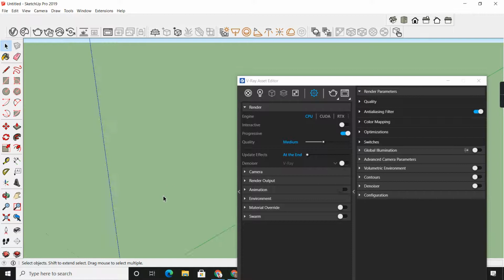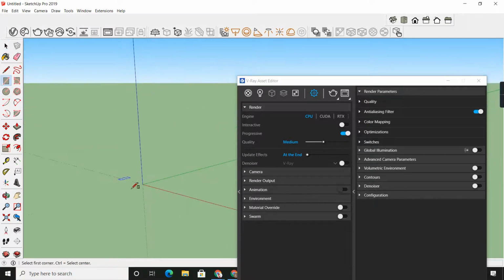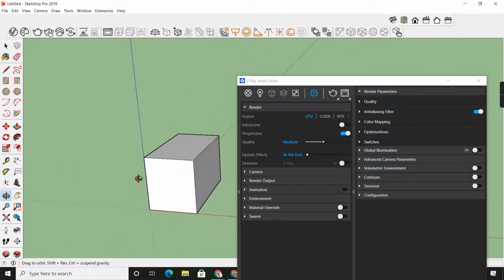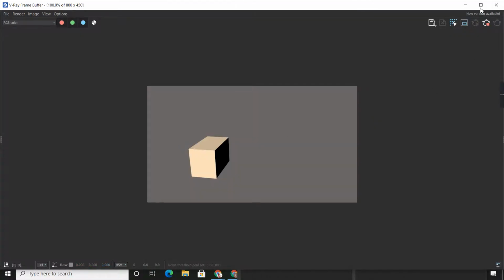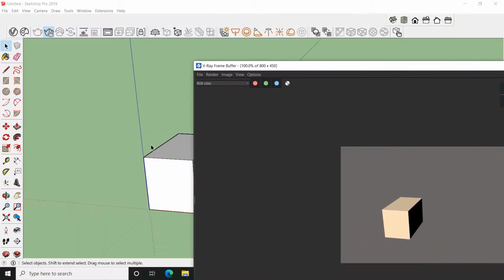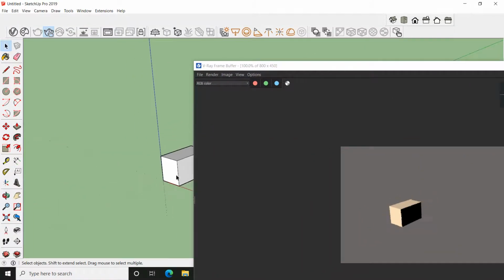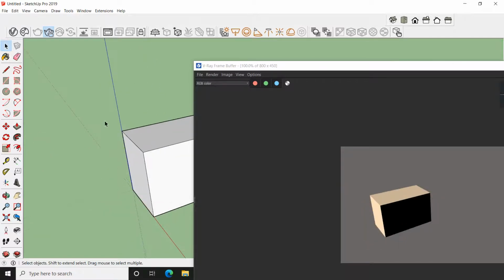If I want to render, I click, create a simple box here, and extrude. I want to render. So look, the first button, you will get this entire thing in a single screen. If I click this arrow, you have these three types of render: interactive, cloud, and export V-Ray scene. I'm using interactive. When you click interactive, whatever changes you make in the screen, you will get the final output as well.